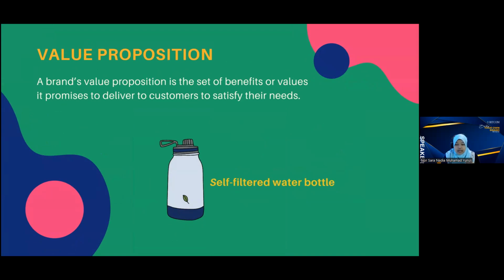All right. Let's use this simple example of an innovative product. I'm going to use this self-filtered water bottle as a practical way to ensure that you understand the foundation of our topic today. So for this innovative self-filtered water bottle, my disclaimer, this picture here is just a concept, idea sahaja for us to use. Sebab tu saya guna in the form of animation picture, right?